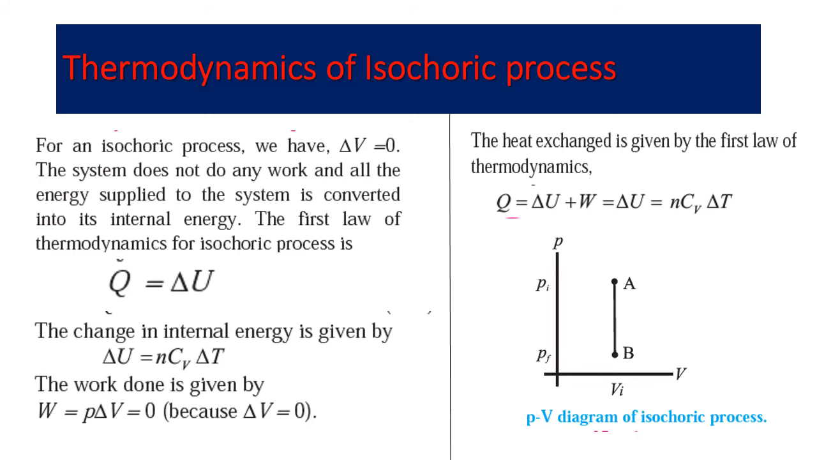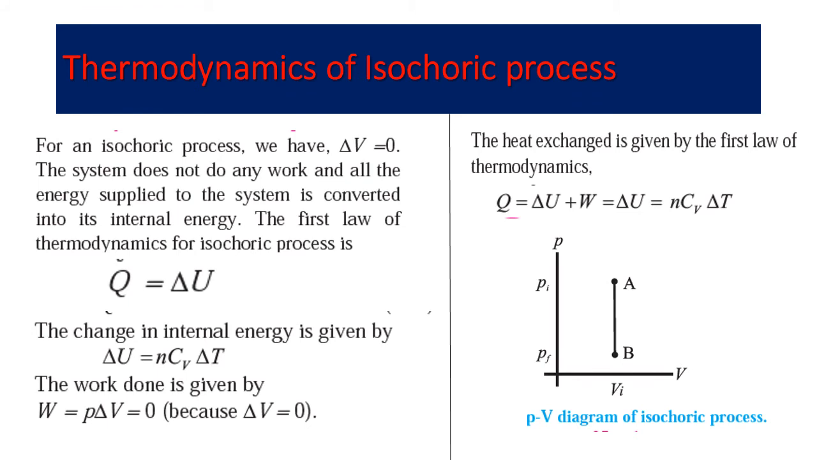So the entire heat supplied, that is the heat energy supplied, is used to change the internal energy of the system. Therefore, from the first law of thermodynamics for isochoric process, substituting W equal to 0, heat supplied Q is equal to change in internal energy delta U. But we know that the change in internal energy delta U is number of moles times the specific heat at constant volume times the change in temperature. Therefore, delta U is equal to n Cv delta T. Substituting this value in the first law of thermodynamics, we get Q is equal to n Cv times delta T. The graph shows here